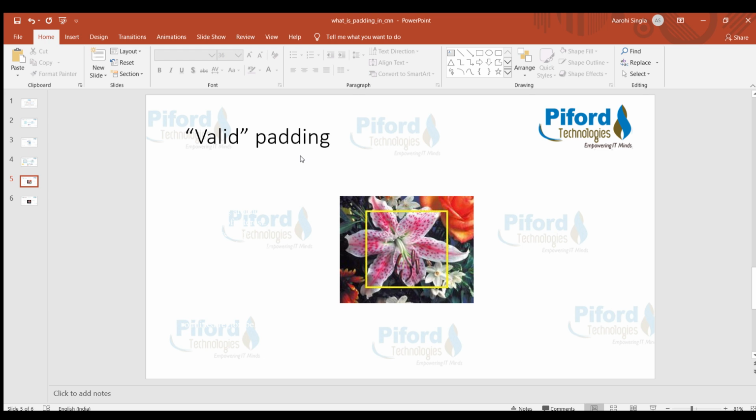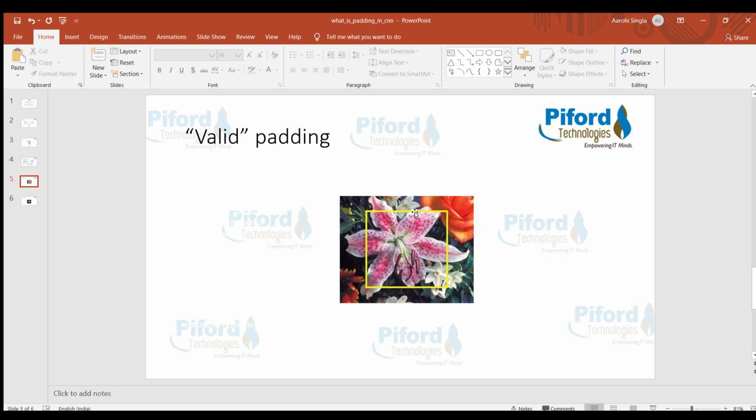That simply means the image will be made big enough so that the region of interest gets captured. The data in this yellow boundary is of more interest and more useful. So what we are doing here is making the image bigger and only capturing the data which is of more interest.